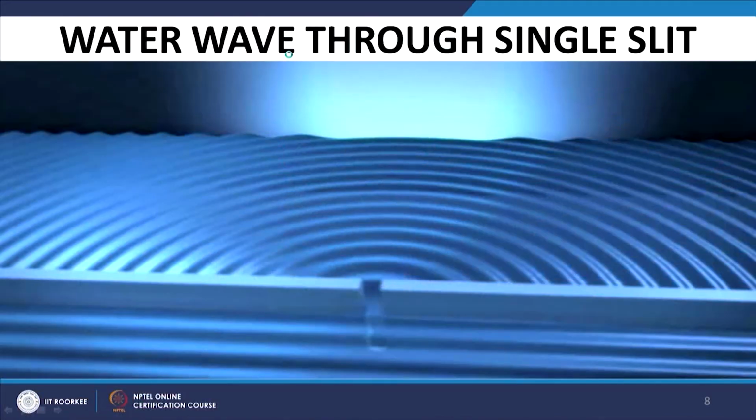And we examine the pattern of the flow of water beyond the slit. As you look at it, the slit tends to behave like a source of water, and from here the spherical waves of water tend to diverge and move forward